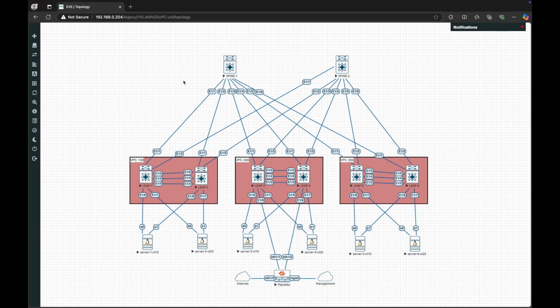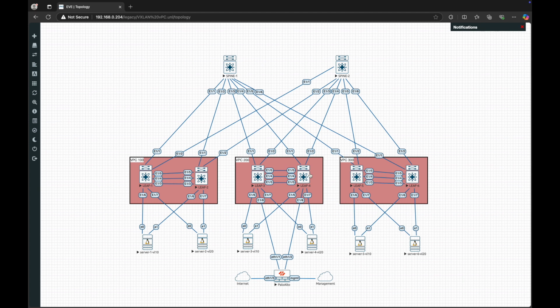In this video, I want to show the commands required to leak routes between VRFs, specifically an external requirement of a VRF or multi-tenant VRFs on border leaves in a VXLAN EVPN Fabric. So in this example, we've got two tenants. We've got overlay tenant 1, overlay tenant 2, two different L3 VNIs, and then we've also got an external VRF